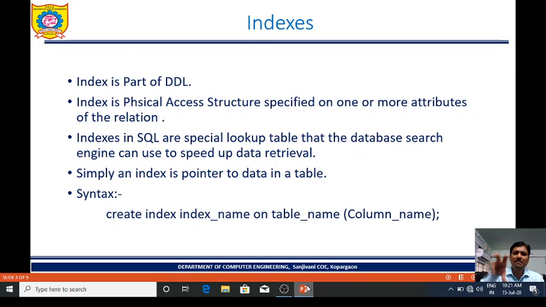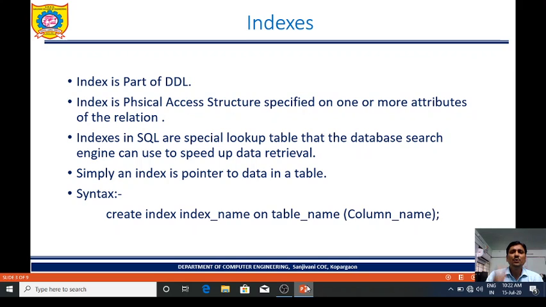Suppose in a bank database there are millions of customers and we want to search a record of a particular customer with their customer ID, and if we implement index on customer ID column, then with fast speed we can search a particular record.